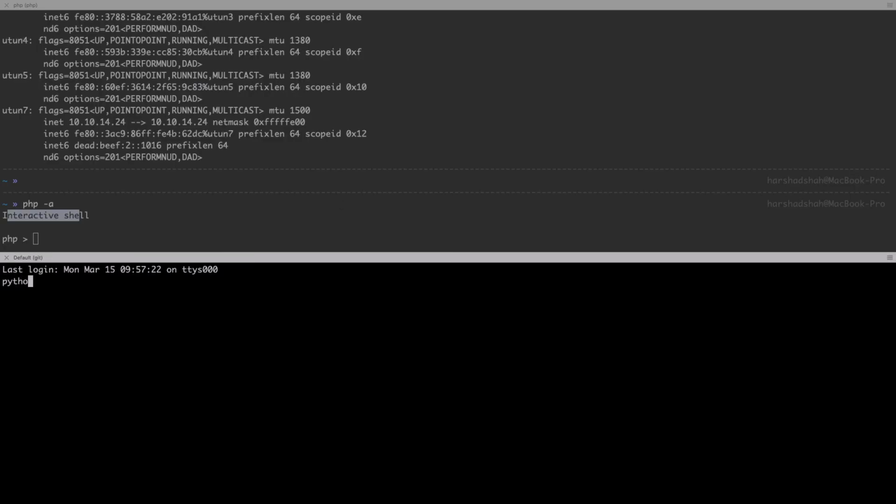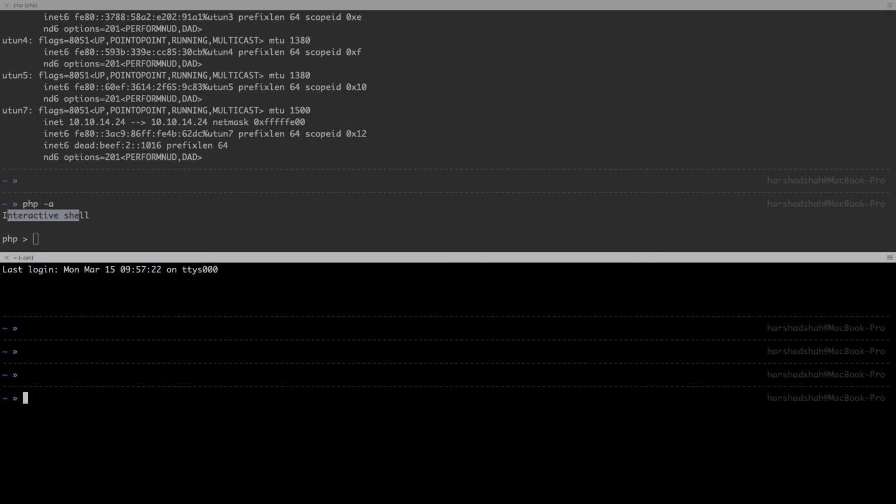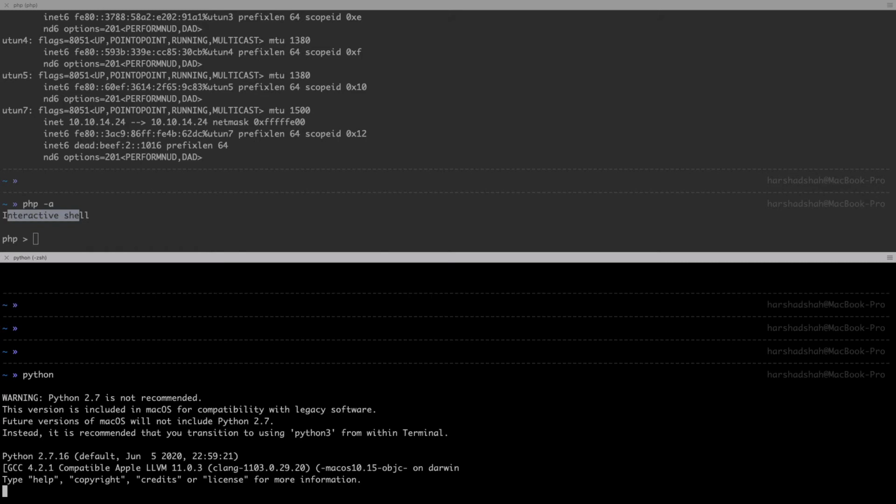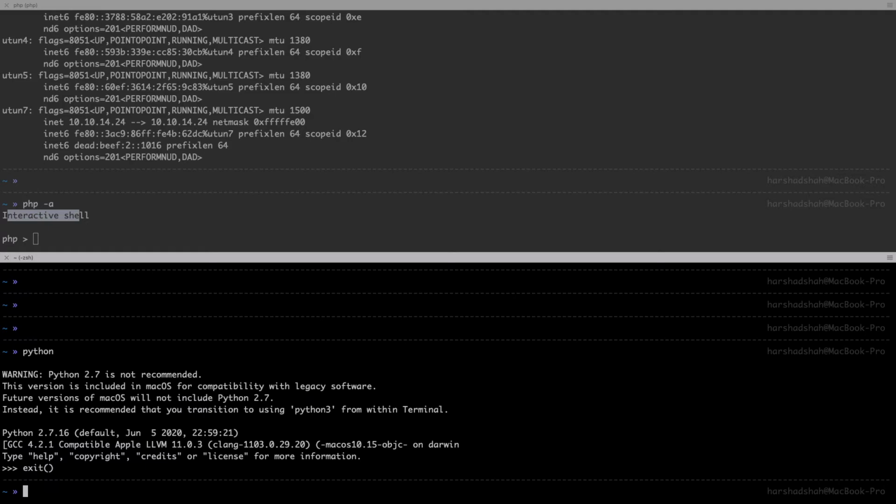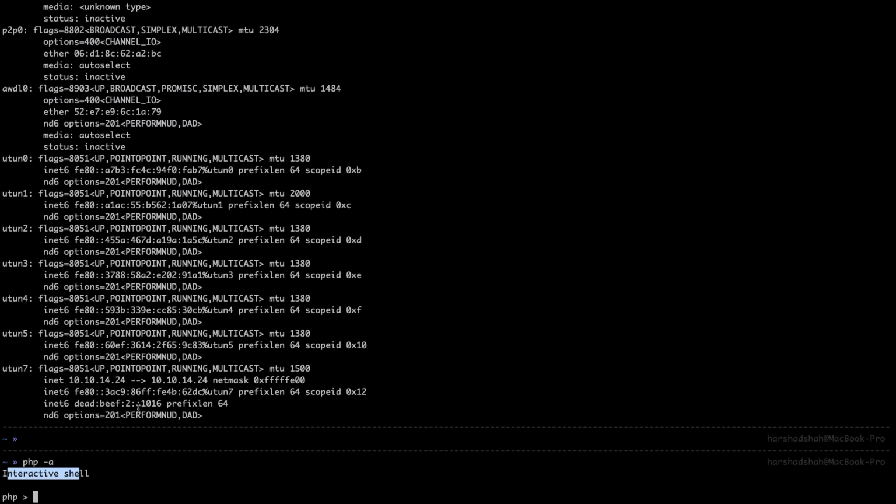If you type Python, let me wait for it. You can see you're getting this kind of thing, the interactive shell. The same way we are using PHP. I'll exit from here, Control L to clear the screen. So this is my interactive shell, as you can see clearly.